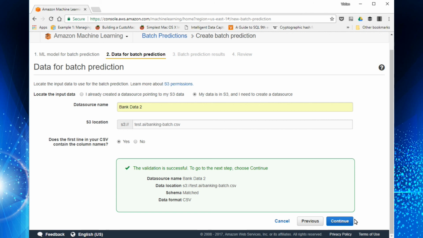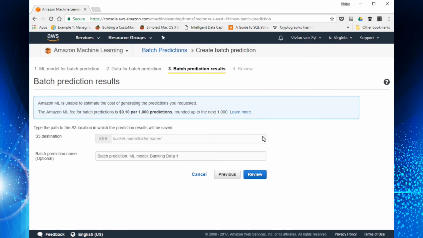I'm going to hit continue, and now where do I want it to put the result? I'm going to say test AI, as I wanted to put it in the bucket that I created earlier, and let's just call it batch prediction